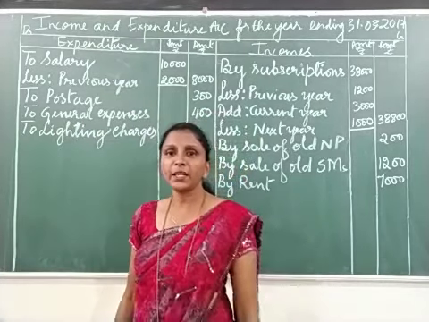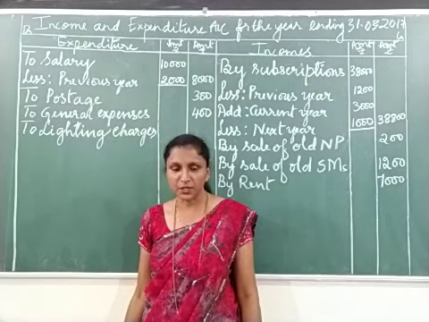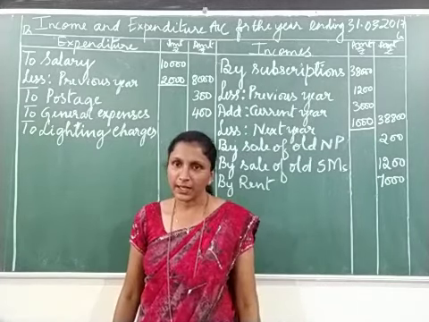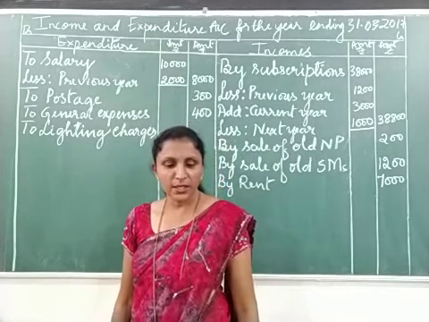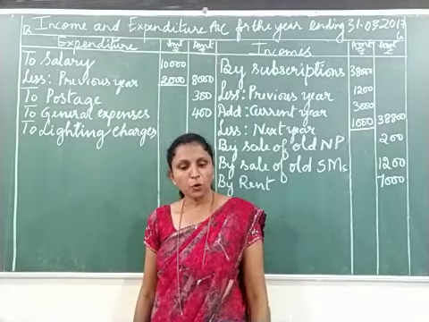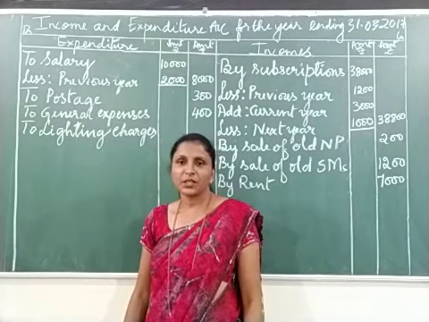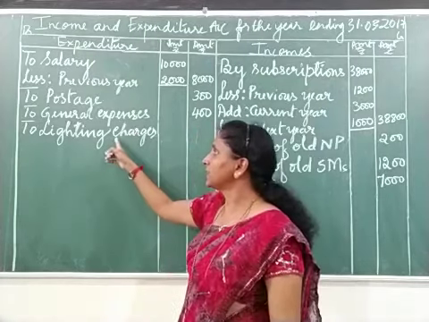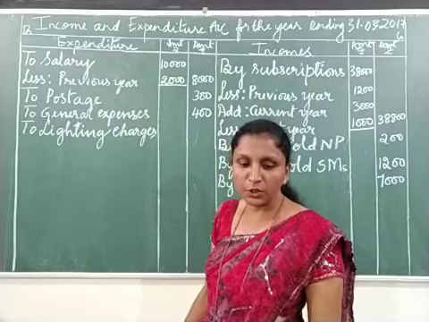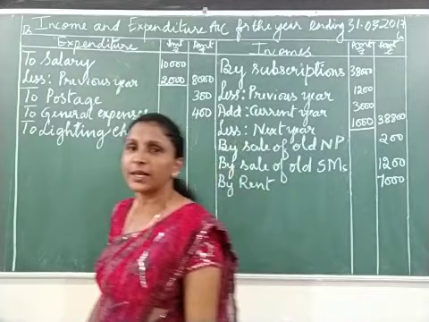Is there an adjustment or item related to lighting charges given in the old balance sheet and adjustments? I think in the old balance sheet there are no items related to lighting, but in the adjustments there is an entry related to that. That is the fifth one. Outstanding lighting charges rupees 300. Put a tick mark there. So now the present lighting charges amount we have to write in the inner column. So what's the amount given on the receipts and payments account for lighting charges? 1,300. Write in the inner column.